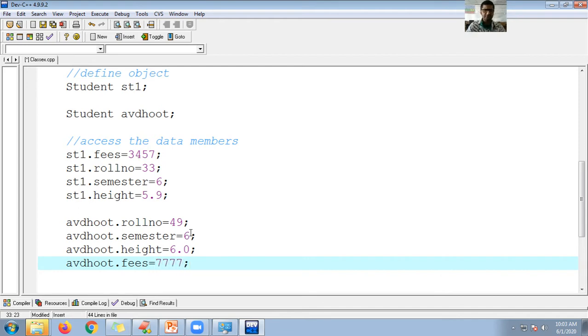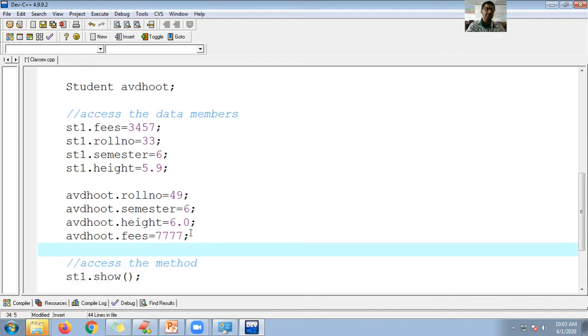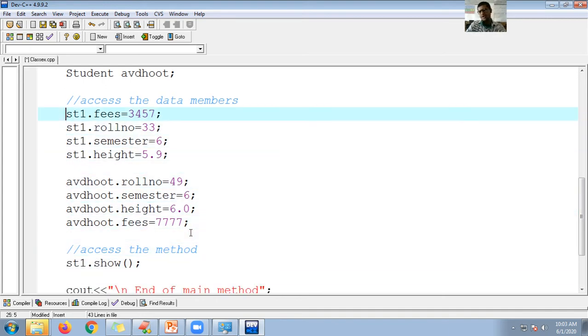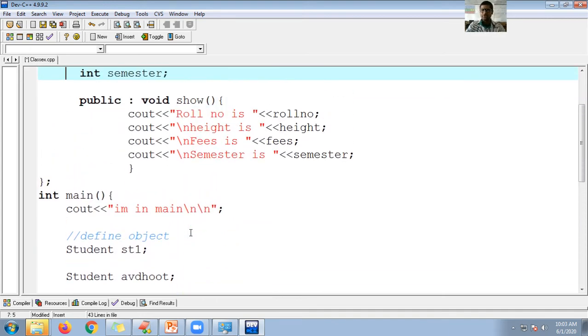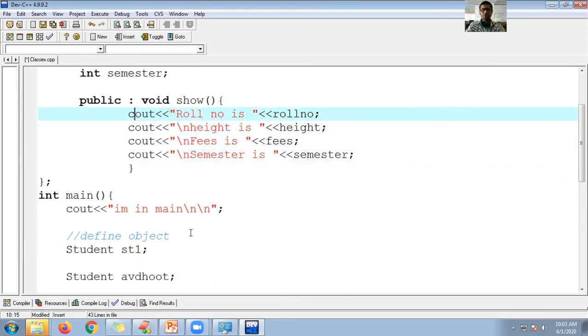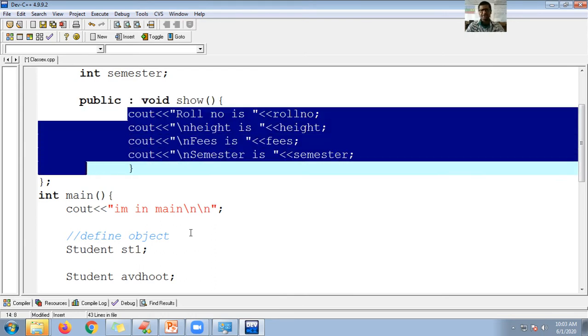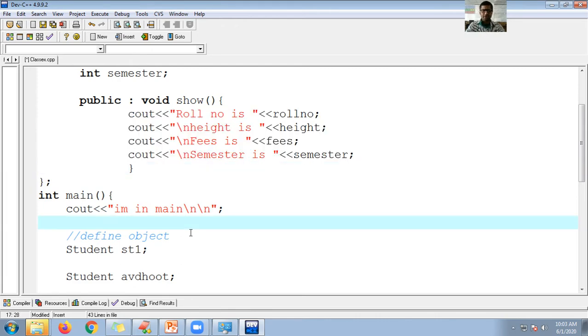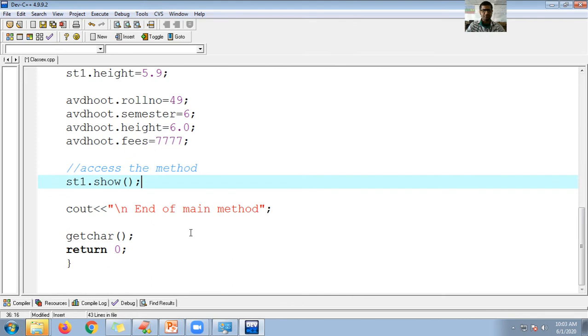Okay, fine. So now I want to show all the attributes. Now guys, if you are not happy to show all the attributes by using the show method, I want to show them here only, in this fashion. How can I show? Now let me get all the attributes and show them here.